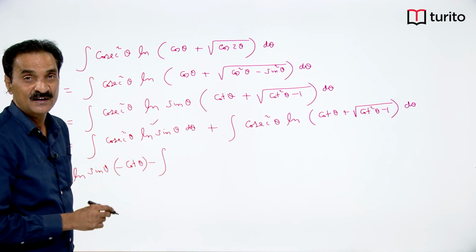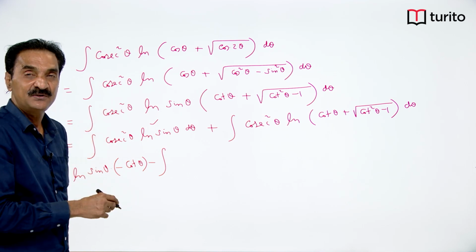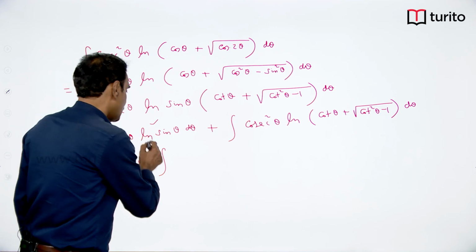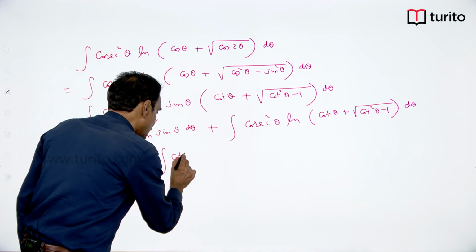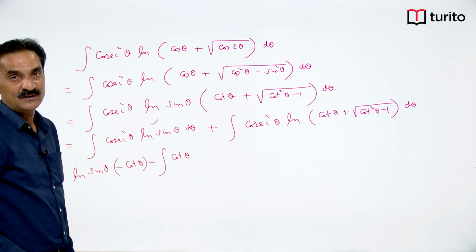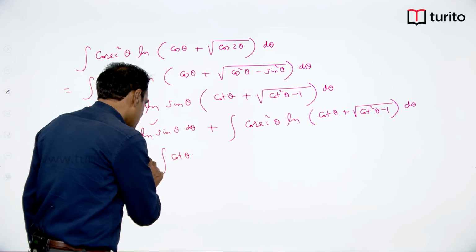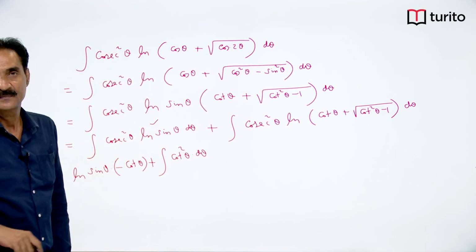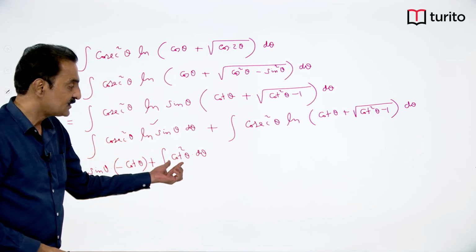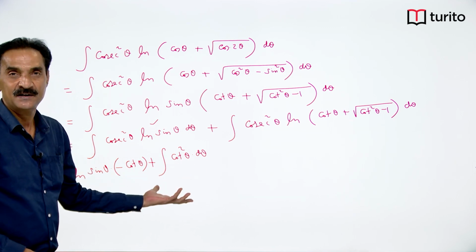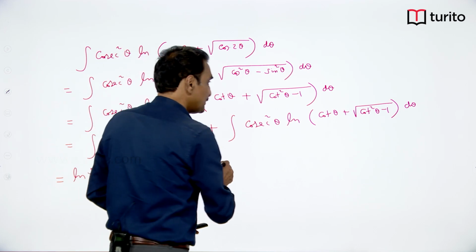Derivative of ln sin theta is 1 by sin theta into cos theta, that is cot theta, cot theta into integral of cosecant square theta is minus cot theta. So it becomes plus cot square theta d theta. How to integrate cot square theta? You can write cosecant square theta minus 1 and integrate. Now coming to this,